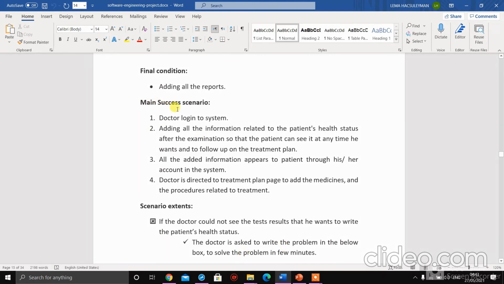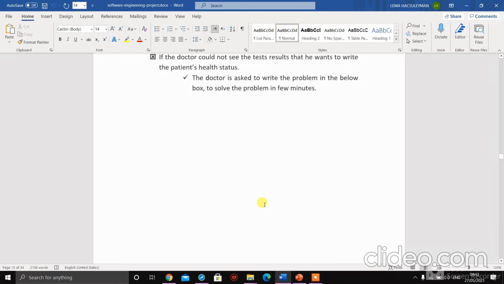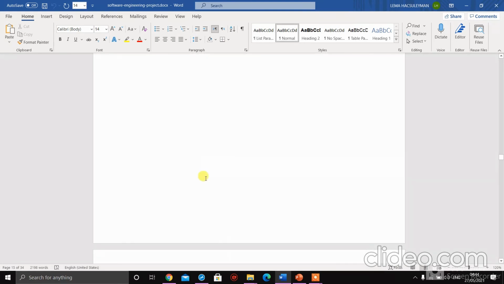The main success scenario: the doctor logs in to the system successfully and adds all the information related to the patient's health status after the examination. And all the added information appears to the patient through his or her account in the system. And this point is very important. The doctor is directed to the treatment plan page to add the medicines and the procedures related to treatment. After adding all the reports,